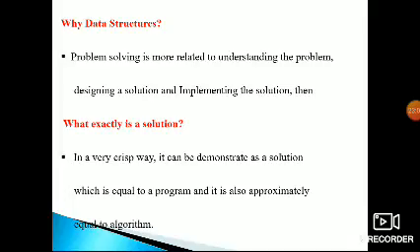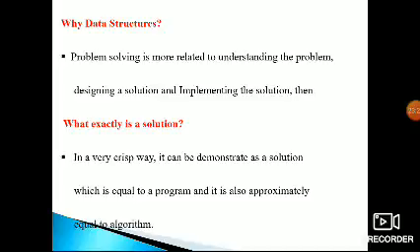And next, coming to data structures. What is a data structure? A data structure is used to store data in an organized and efficient manner. We collect all the data and organize it in an efficient manner in the computer, so whenever we need it, we can easily access it.